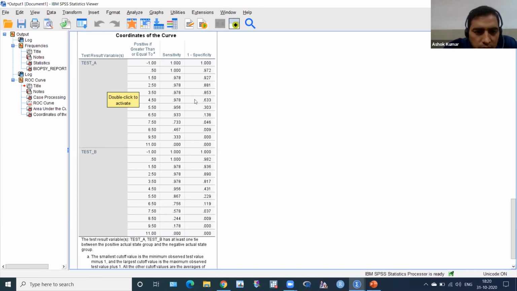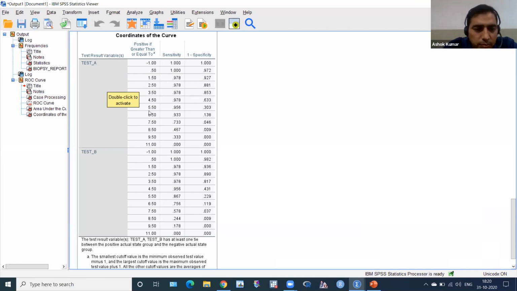Then we have to add this value, 0.97 sensitivity, and 0.4 specificity, and this comes to around 1.3. Okay, so this is the cutoff value 4.5, greater than or equal to.